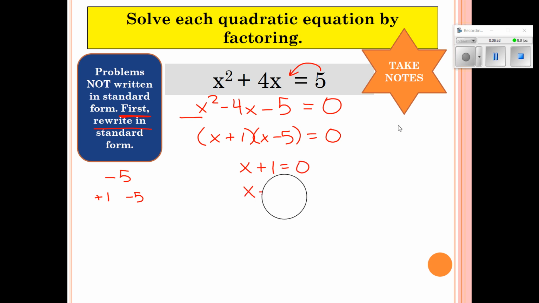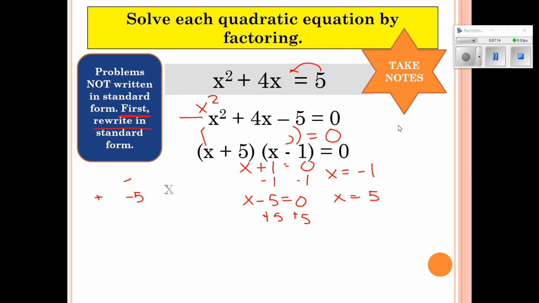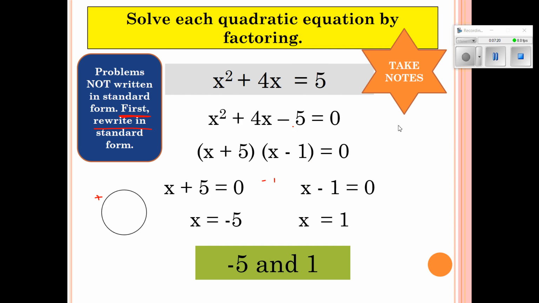Oops, that's a minus sign. X minus 5 is equal to 0. And when we subtract 1 from both sides, we find that x is negative 1. Or we add 5 to both sides, and we find that x is equal to 5. So this time, it's going to cross the x-axis at negative 1 and 5 if you were to graph that